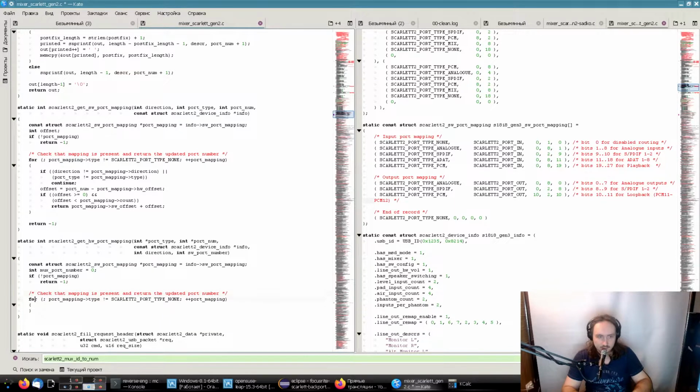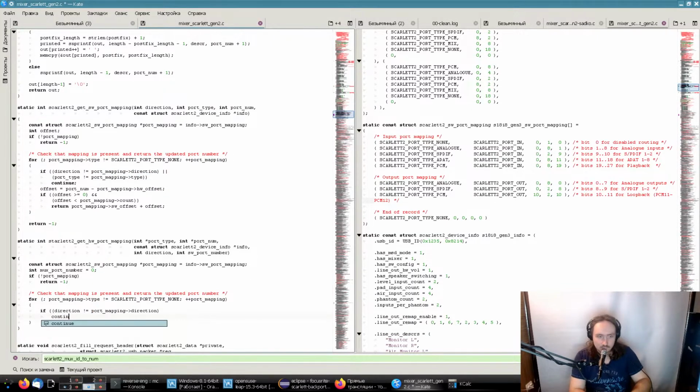And check that the direction matches. If direction doesn't match the port mapping direction, then we just need to continue the loop. We skip the records that don't match the desired direction. Now we need to check the port number. We need to check that, I think